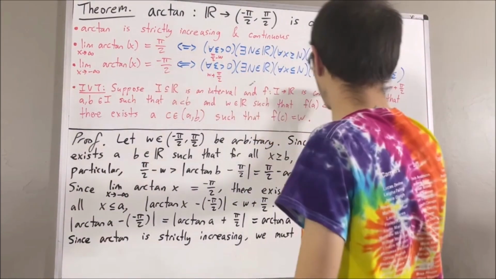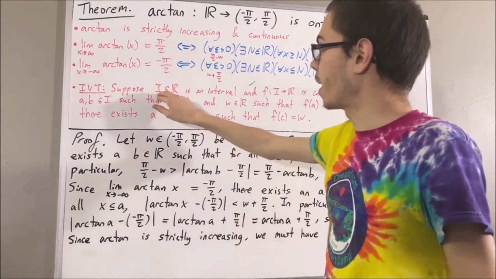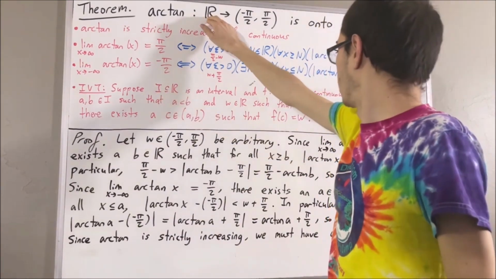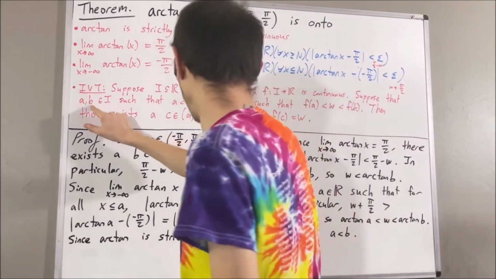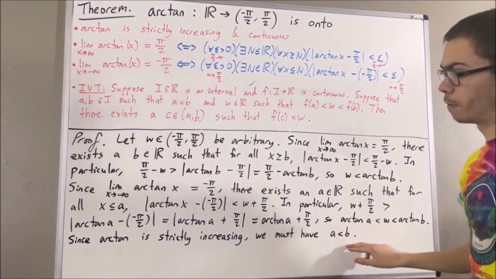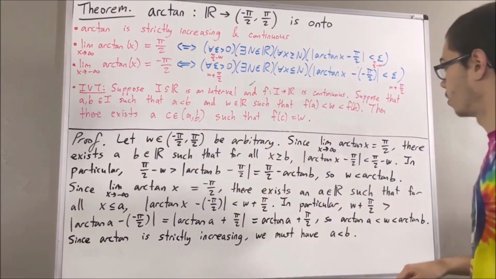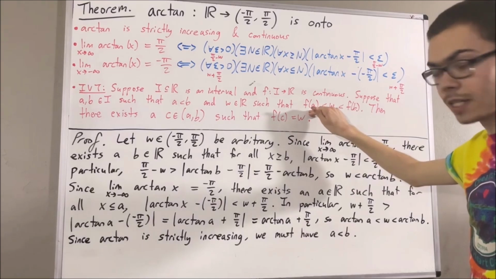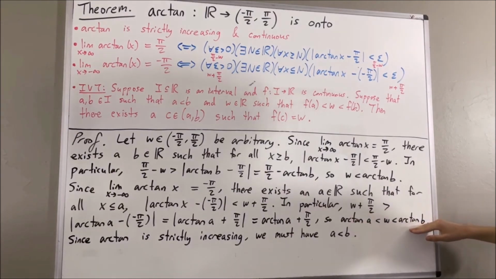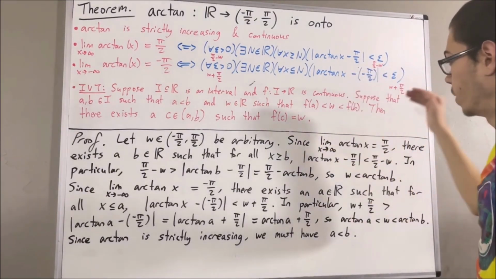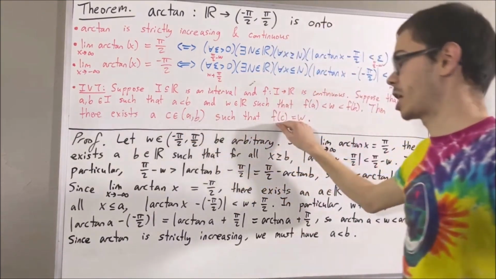So, applying the intermediate value theorem to our proof, we're really working with the arctangent function. So we're going to take I to be the set of real numbers, we'll take f to be the arctangent function, and we're going to take a and b to be the a and b that we have in our proof. We'll take w to be the real number w that we have in our proof. Well, in this case, we know that the arctangent of a is less than w is less than arctangent of b. That's precisely what we have here. So, by the intermediate value theorem, we can conclude that there exists a real number c in the open interval a comma b, such that the arctangent of c is equal to w.